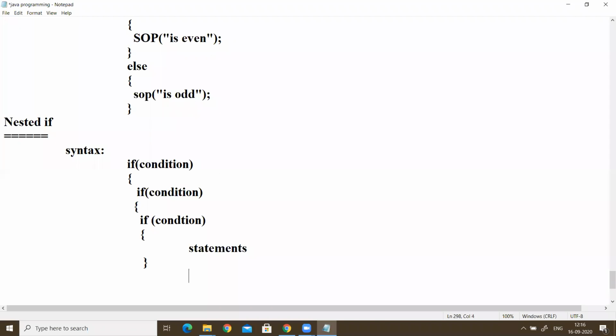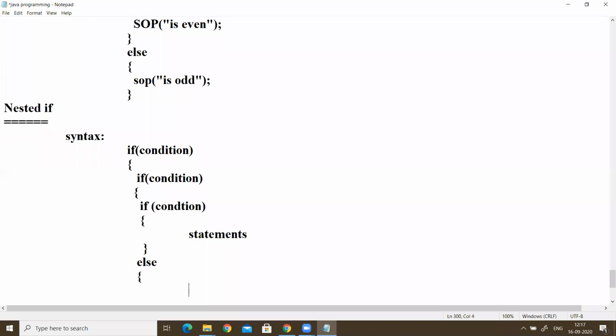And now we can write an else part also. Else, here the statements.